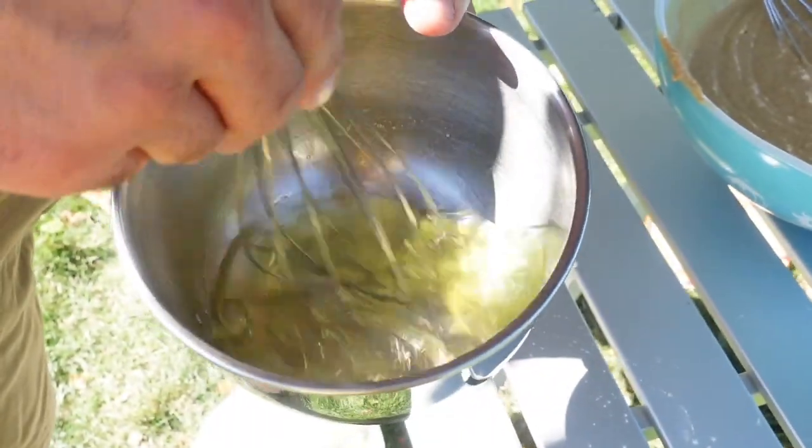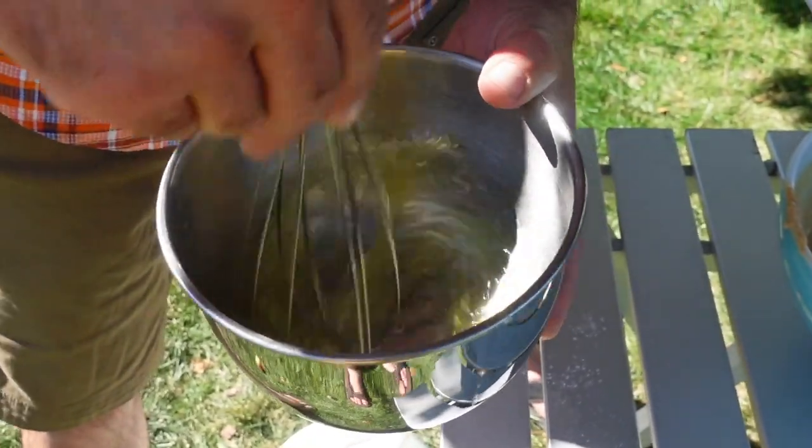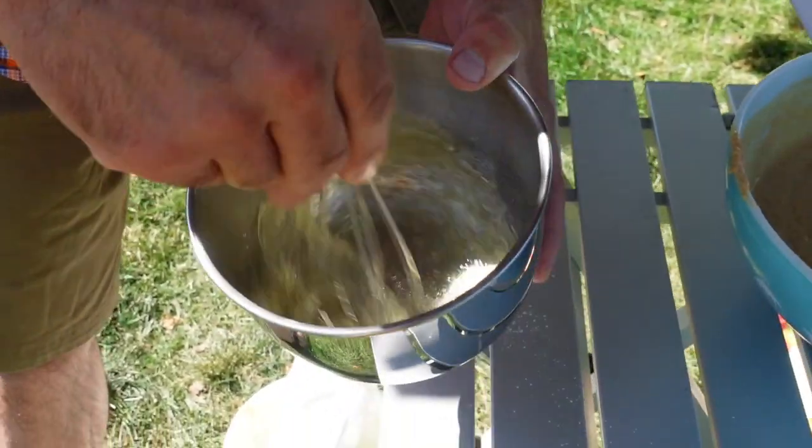Now, they did say that you were supposed to use an electric blender. I don't have one on hand. So we're gonna go ahead, to the best of my ability, in a metal container, and we're gonna whisk up, there we go, those egg whites. This probably isn't gonna work, and I'm sure there's some